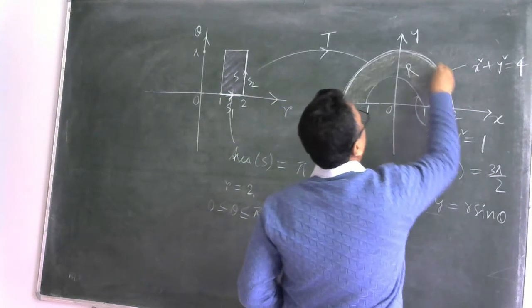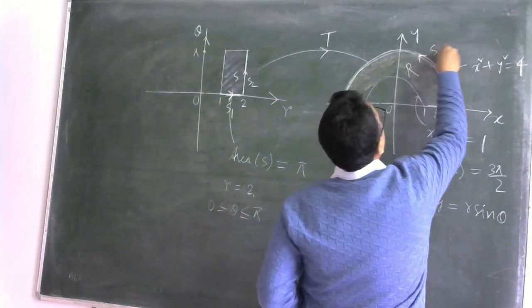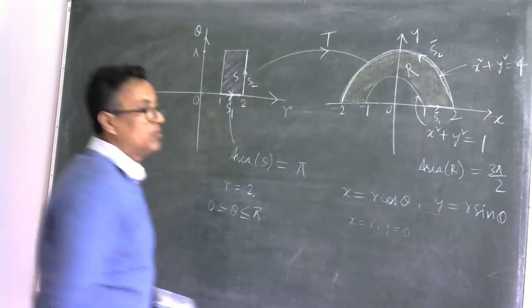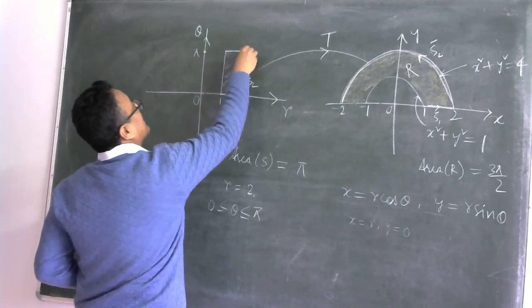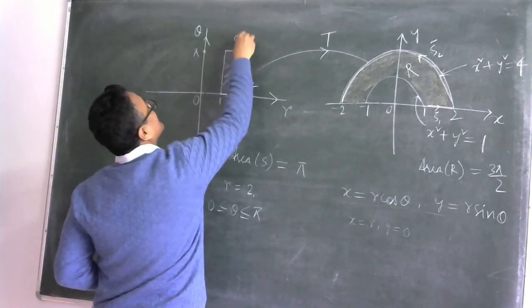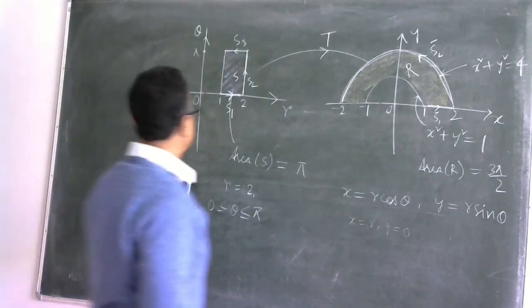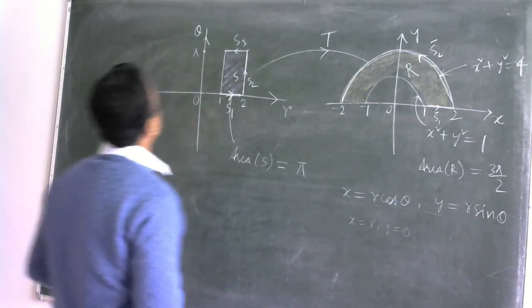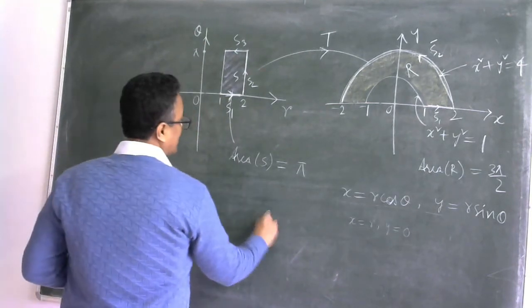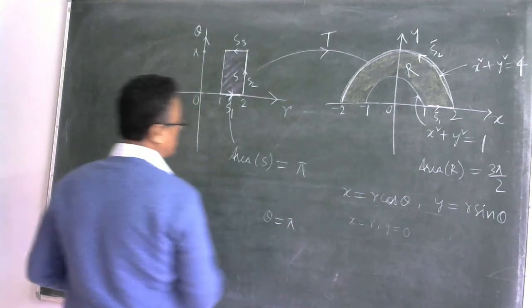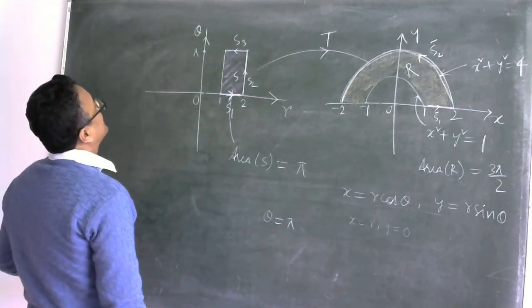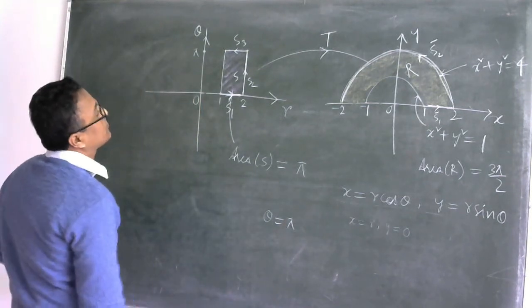This semicircular R. So this is the image of this S2. And again, interestingly, look at this. This is S3. For S3, what was happening? Your theta was obviously equal to pi, and your